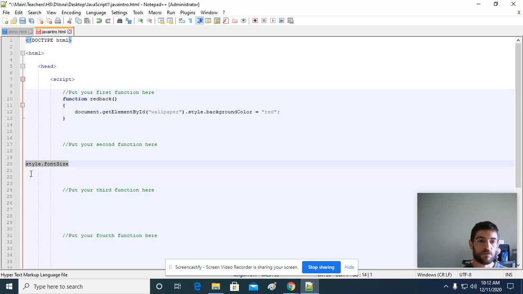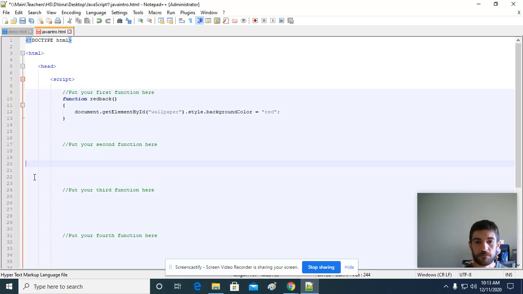If you wanted to change, I don't know what's something else we've been doing, font weight, whether you wanted to change whether something was bolded, it would be fontWeight, all one word, second letter capitalized. If you wanted to change the type of font, it would be fontFamily, again, all one word, second letter capitalized. So you can change anything you want with that last button,